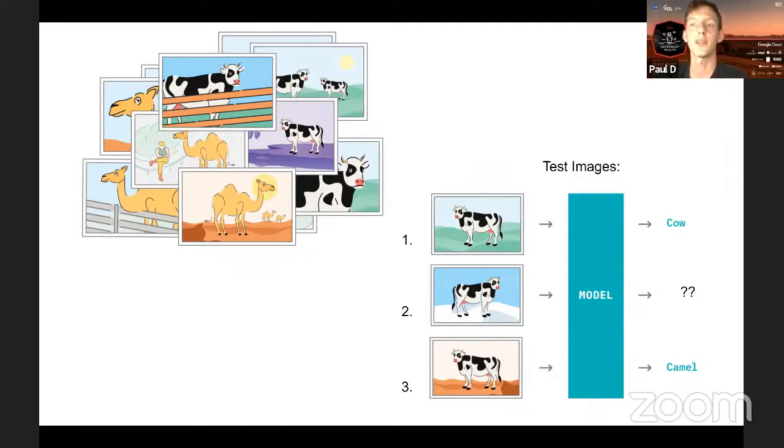The cow on the desert background, you'd probably say that was a camel. And the cow in the icy snow background, you just have no clue what that was. Your model wouldn't be learning the actual causal drivers of this task at all. It would just be correlating the background with the labels that you've provided. Next slide, please.